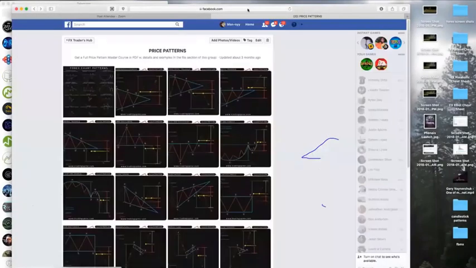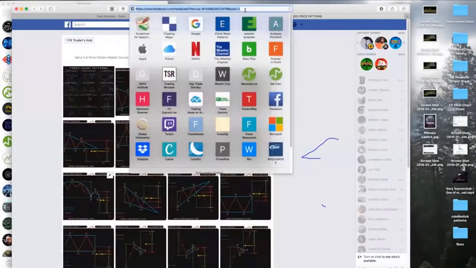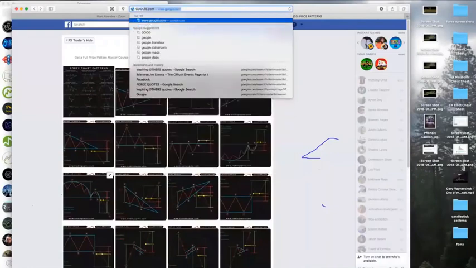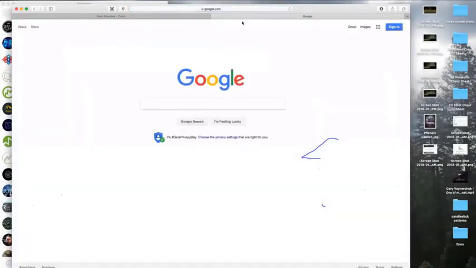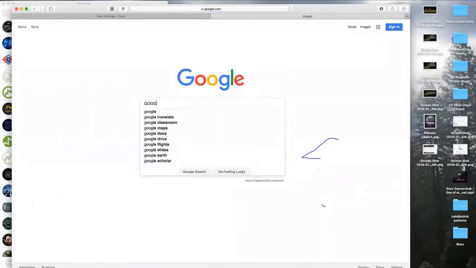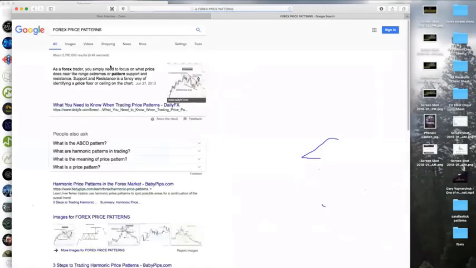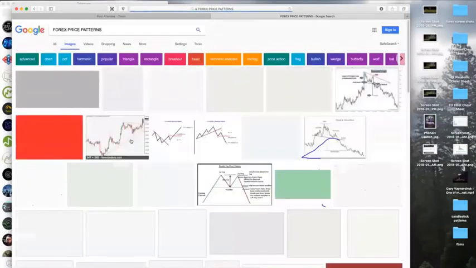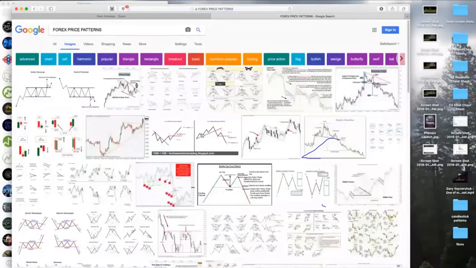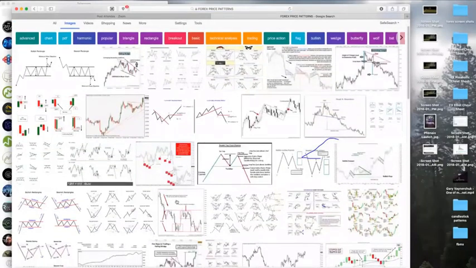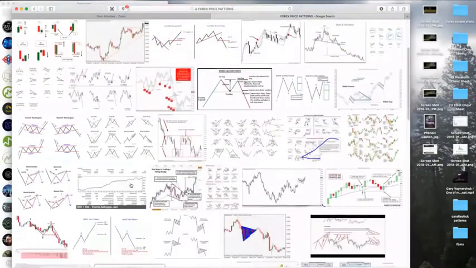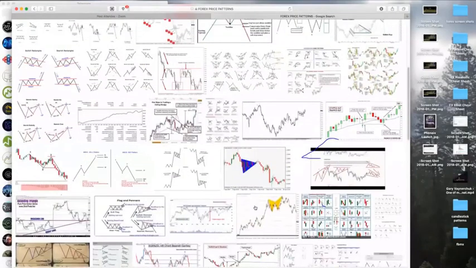All right, for those of you that do not work with me directly, you can simply go to Google, or go to babypips.com, one or the other, and then just look for Forex price patterns. Now, don't be deceived by Google. There's going to be a ton of information on here. Just make sure that you're learning correctly. Then you'll be able to find a ton of price patterns right here that you will be able to trade and look at in the market.